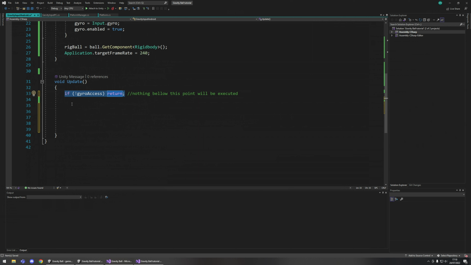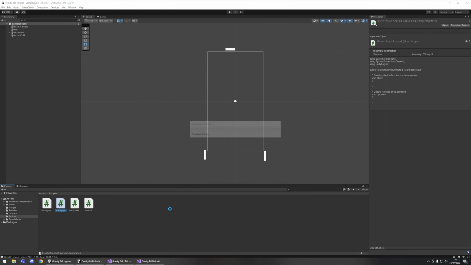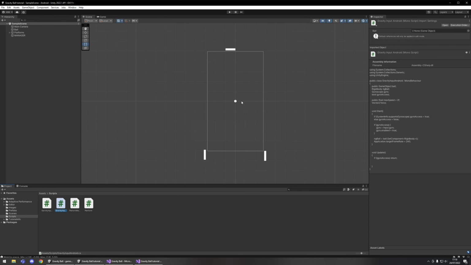Okay, and this is really simple, similar to what we've done before. So force will be equal to a new vector 2, and this time we don't have a camera to translate our mouse. What we need to do is actually take our gravity, and if we look here, we need to take the input from